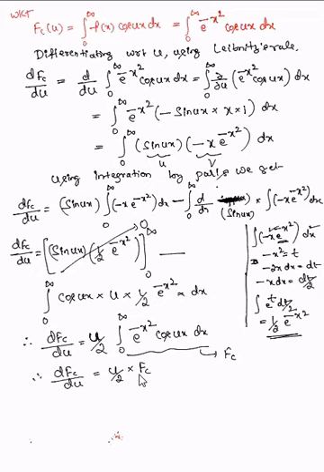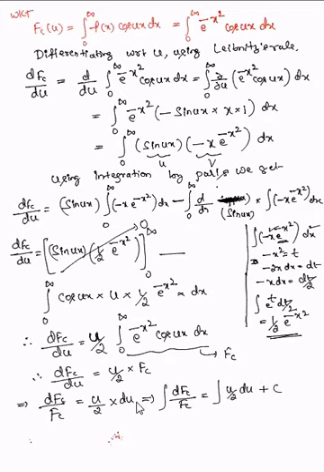So let us solve this differential equation. How to solve this first order DE? Separation of variables I will apply. So let us separate fc one side, u one side. So I'll rewrite this as dfc by fc equals u by 2 into du. Correct? I will take fc to the left hand side. So the variables are separated. Here only fc, here only u. So integrate this. If I integrate this, you get integration of dfc by fc equals integration of u by 2 into du plus c.